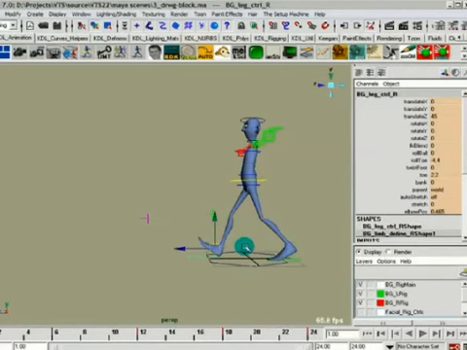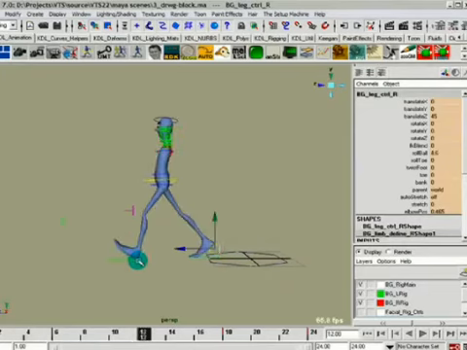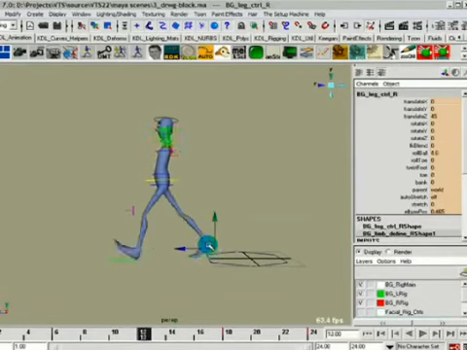So the heel plant is the first contact point of the heel right here. Okay? Then the passing is where all the weight is on one foot and the other foot is just about passing by its halfway point on its travel forward. And then the heel contact of that foot. The heel contact of that foot, the other foot is on the ground coming up. That's it. You can put those 3 things in there, and if you get those 3 in, you can block